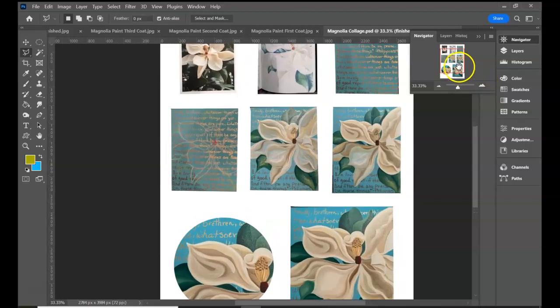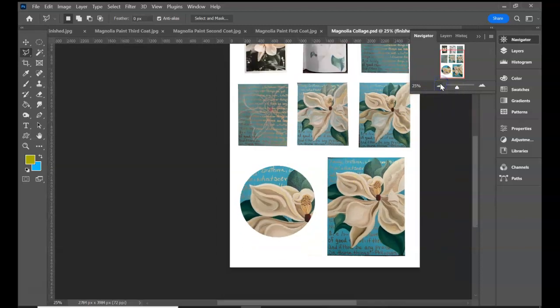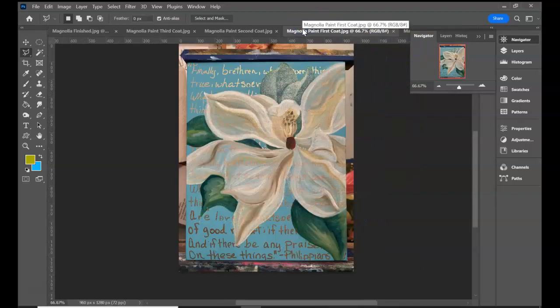On the bottom left, I've even added a detailed snapshot to show them a clearer picture of some of the items that are happening in the painting. So I'm going to start at the beginning and show you how I did this. First, you should have a lot of process photos that you've taken along the way. If you're like me, most of your process photos have some things in them you don't want the readers to